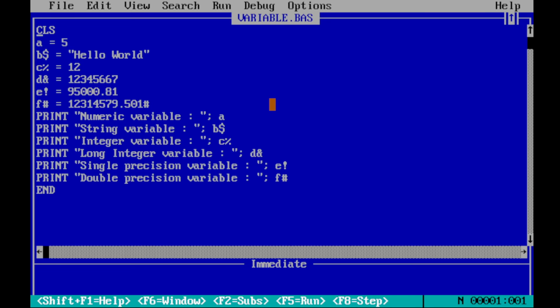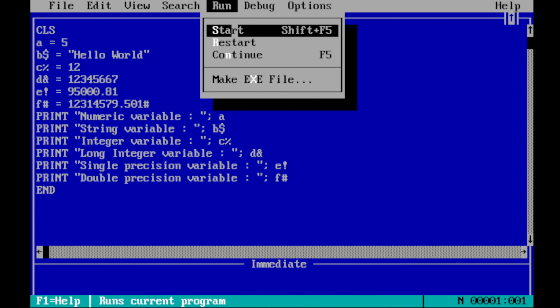As you can see, this is the different variable program. In this program, there are different variable names and different data types. If you declare the variable name, you must use the same variable name and the symbol in the print statement to give the output of what you have assigned to it. You can see the example over here in the B$, that is the string variable. This B$ is assigned over here as the string variable, and this B$ is also used in the print statement. Let us run this program and see the output. I'm going to click on run and start.